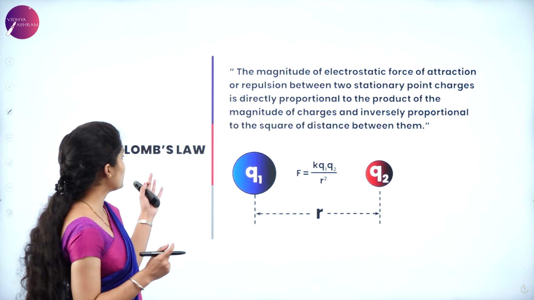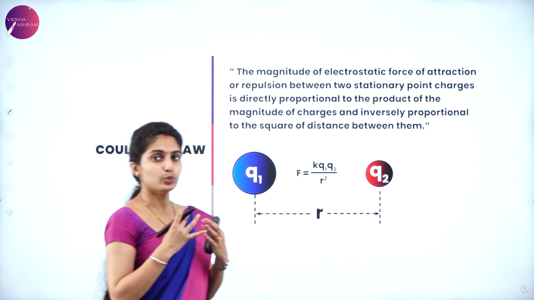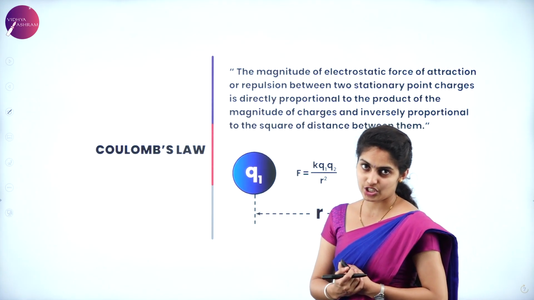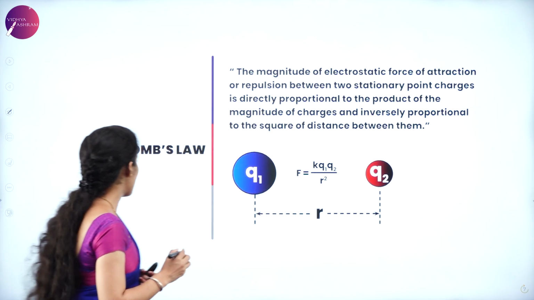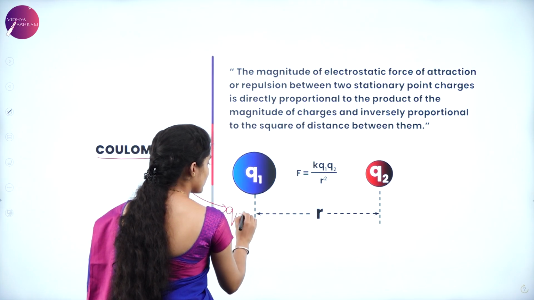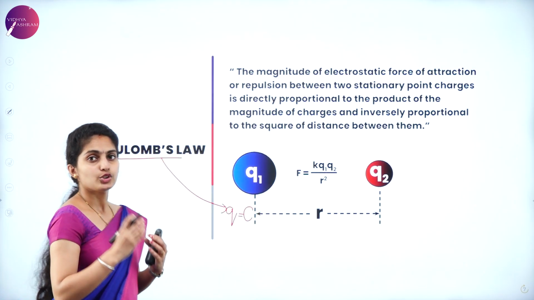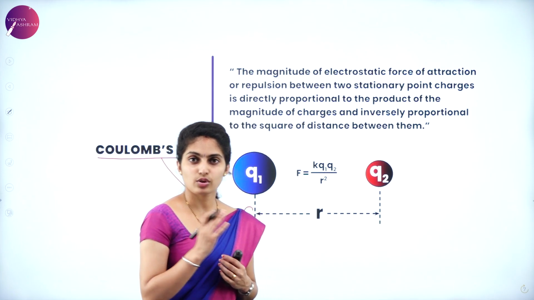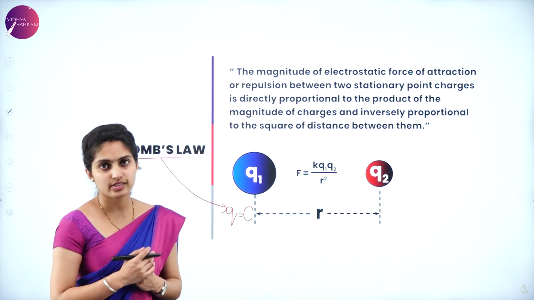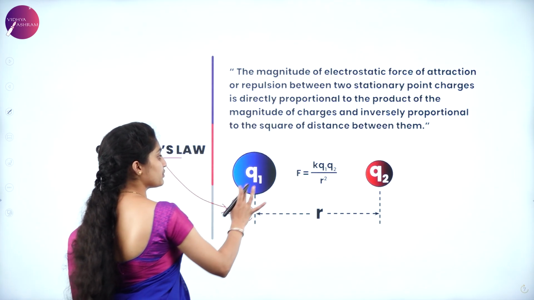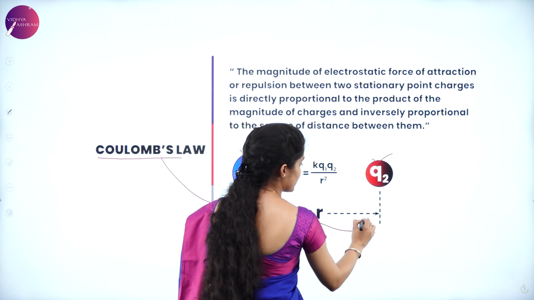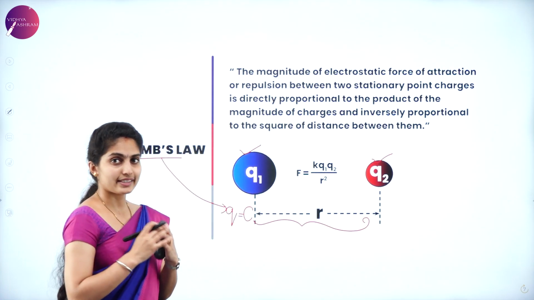And now we are moving to Coulomb's law. So what exactly is Coulomb? Coulomb is the SI unit of charge, okay? So Q is the charge value, and its SI unit is the Coulomb. So the SI unit of a charge is always Coulomb. So what law did Coulomb give, keeping two charges with him? Suppose this is charge Q1 and this is charge Q2, separated at a distance called r. How exactly has he given it?